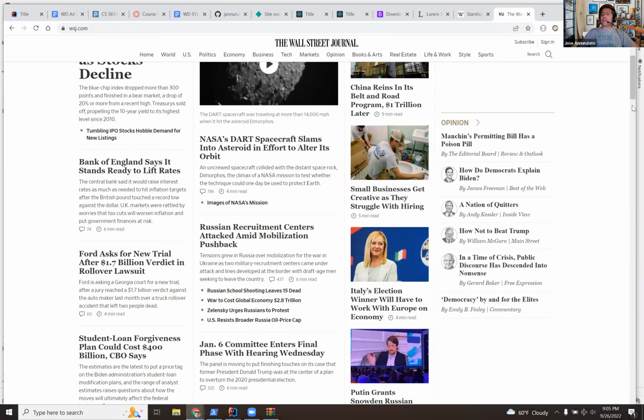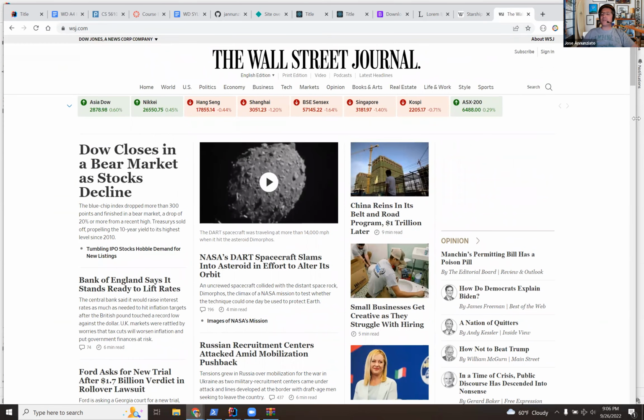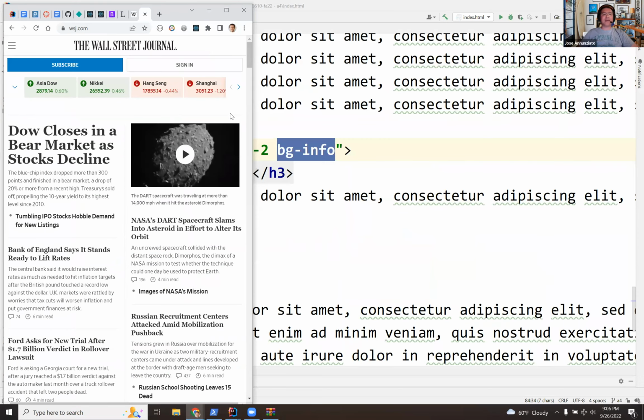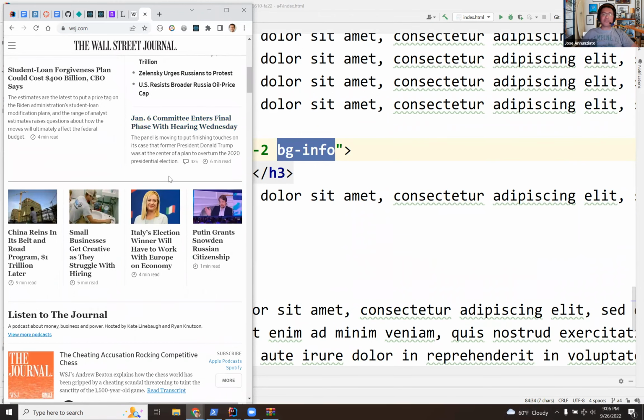And as we become smaller, let's see if the Wall Street Journal is responsive. Let's become smaller and smaller. Let's see what happens. Don't tell me Wall Street Journal is not responsive either. Oh, there it is. Okay, so it did respond. Notice that at this width, it decided to have 2 columns instead. Notice that there's no scroll bar going horizontally. See that? A horizontal scroll bar is a no-no, unless you absolutely need it,